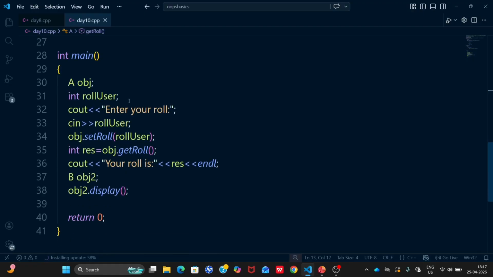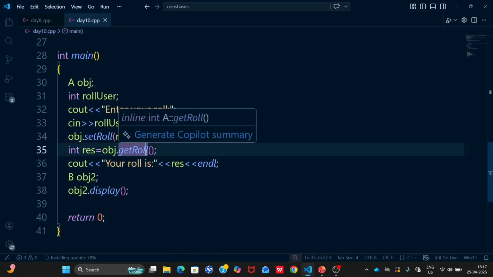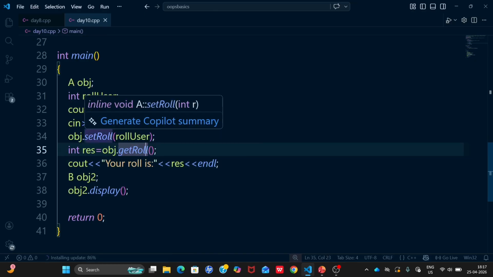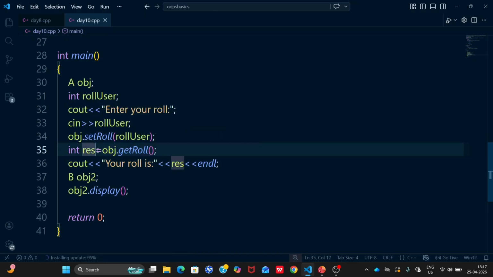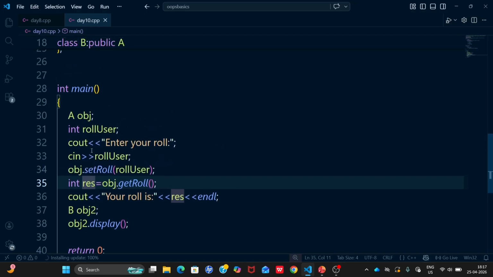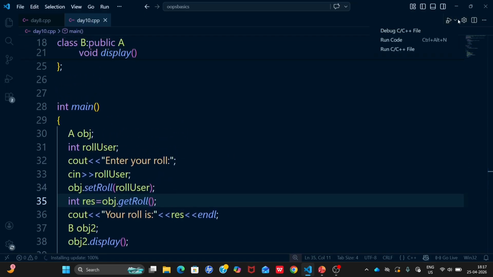And if we see the result, obj.getRole will simply print out the role. Here I have declared another variable res to store the roll number, but you can directly print like obj.getRole. Okay, so if we run the program,